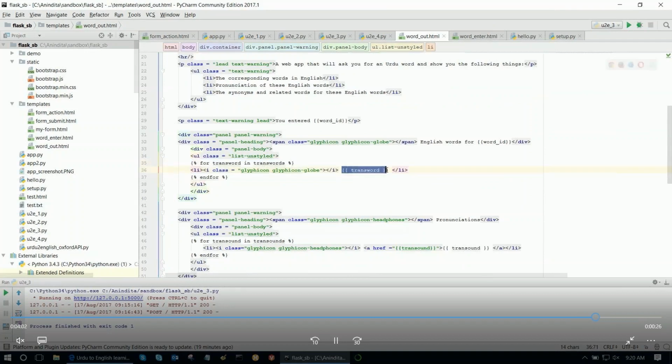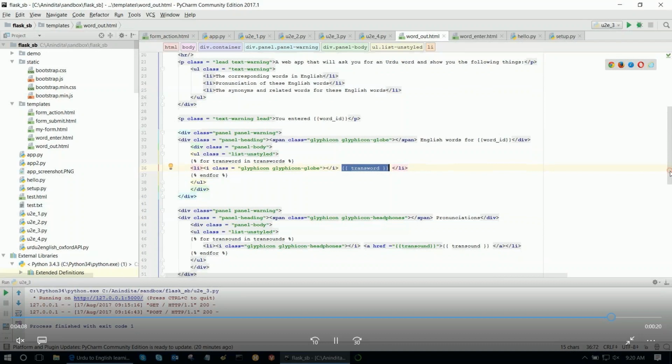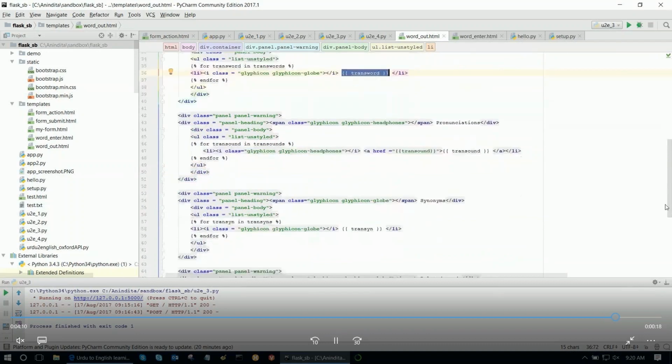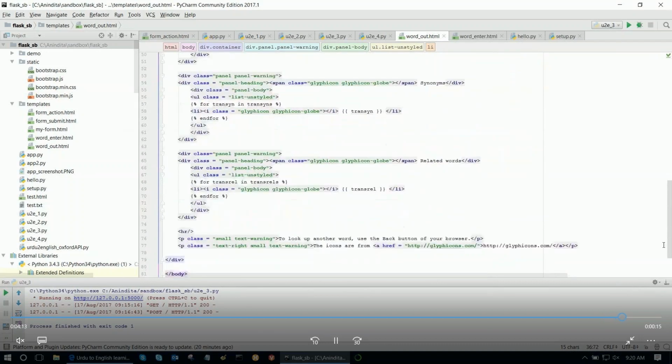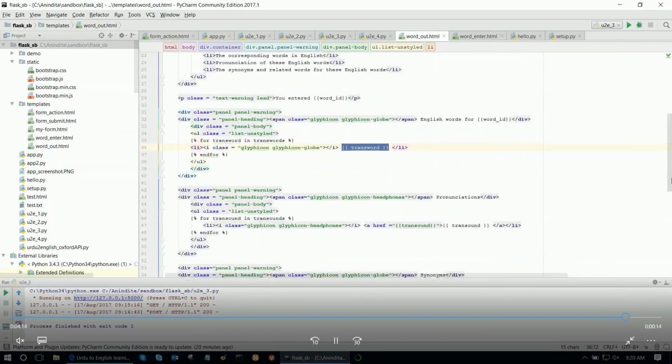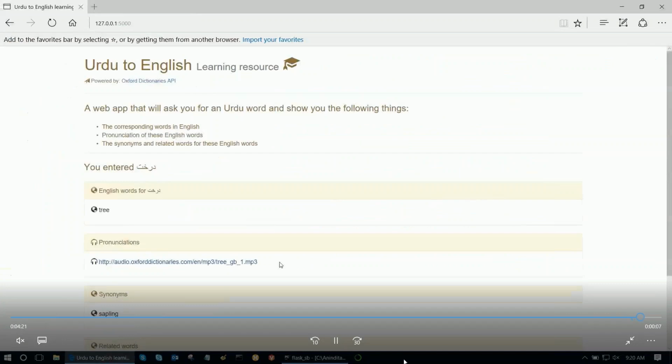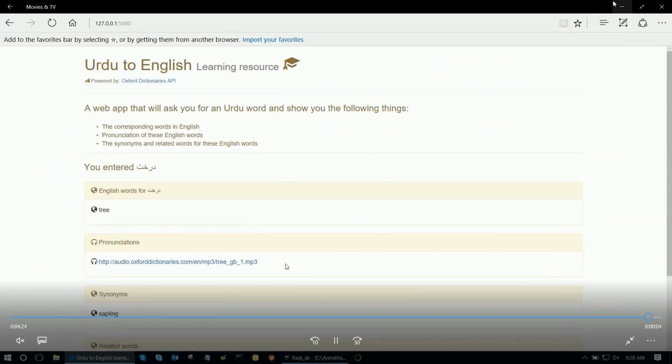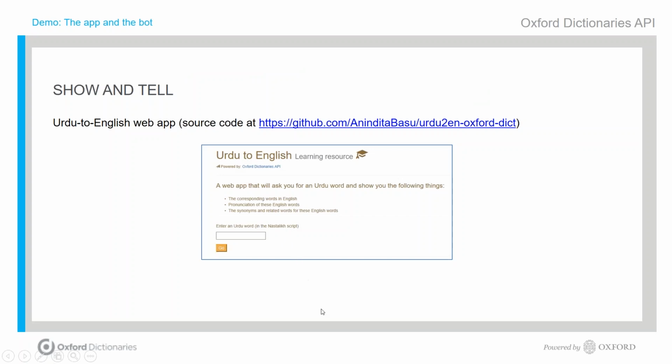A Flask. The only reason I'm using Flask as this rendering machine is I was told it's easier to learn than Django. There is no other reason to prefer Flask over Django. And that brings us to the end of our web app demo. Let me go back to the presentation and show you